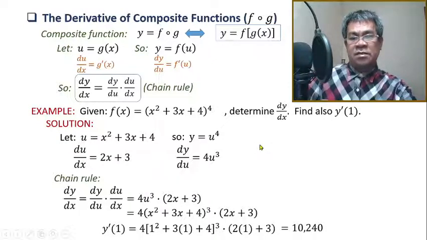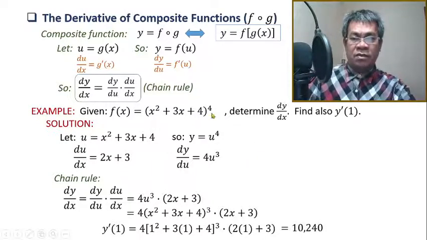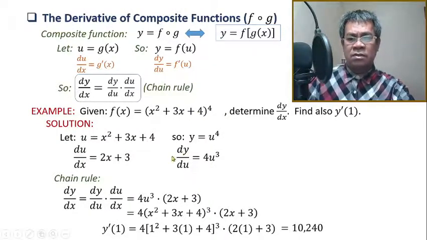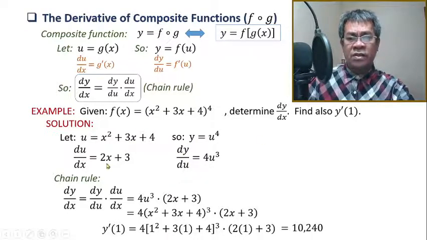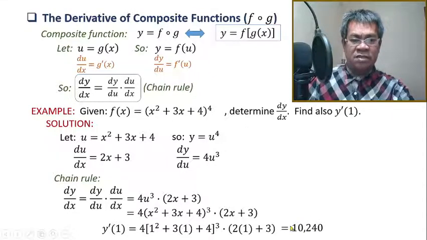Okay, so that's it. Now if you want to expand this one, then you can go. Okay, do it. If you can manage, then go. You can skip these steps without following these steps. You can still find the answer, and you will arrive at the same answer.